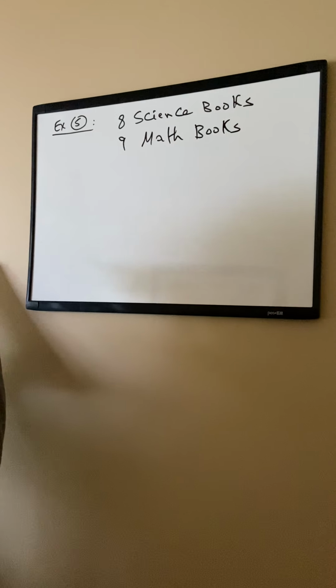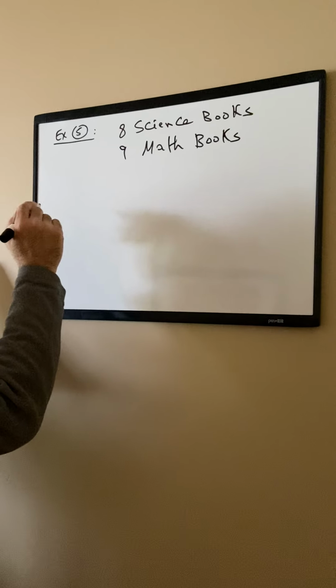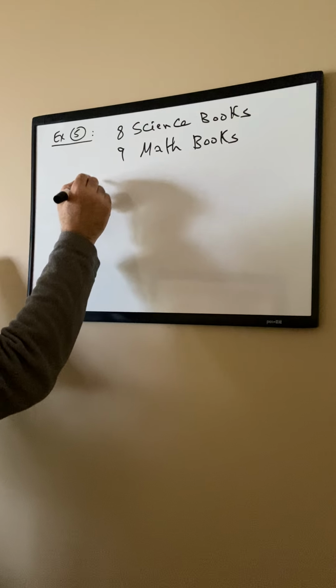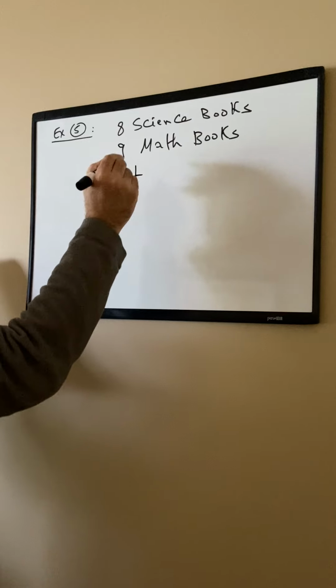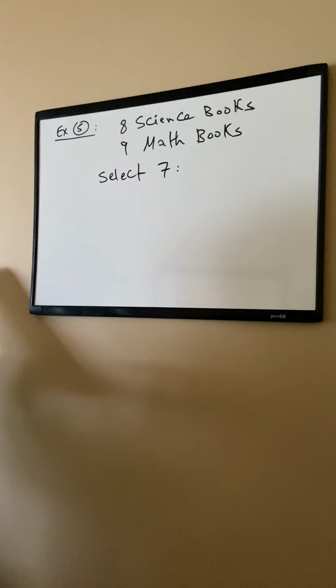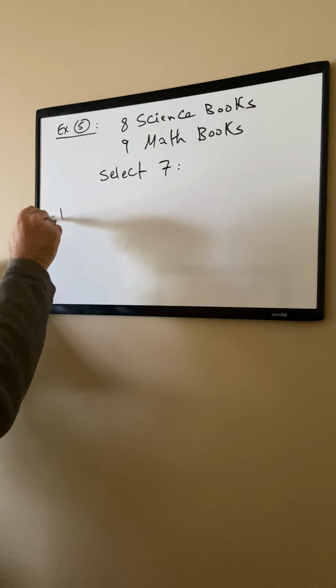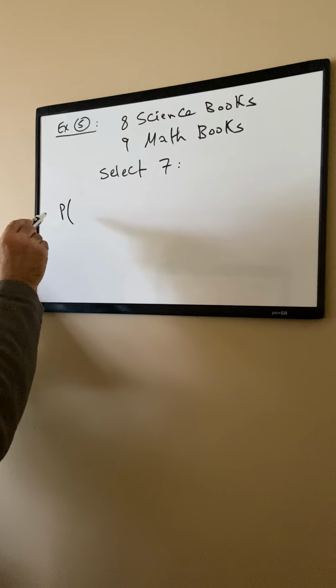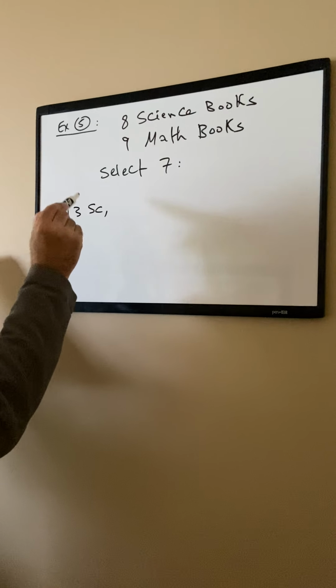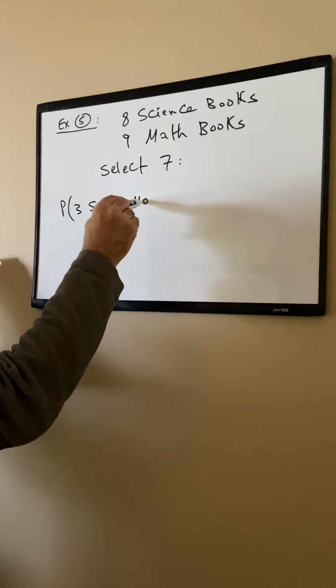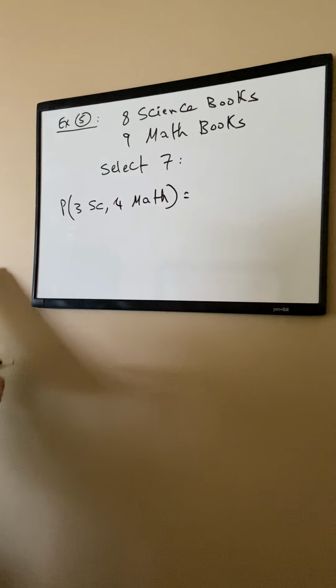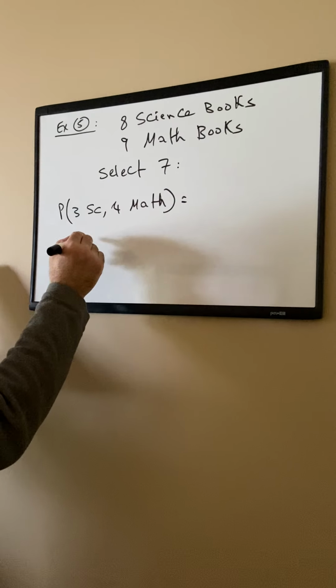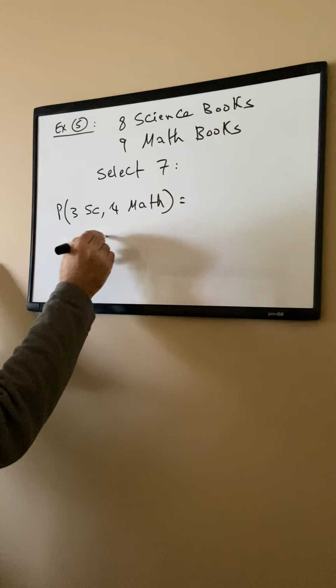We are to select 7 at a time. The probability that we're calculating is that we are going to get 3 science books and 4 math books. Well, what that's going to be, we've got 8 science books from which we're selecting 3 at a time,